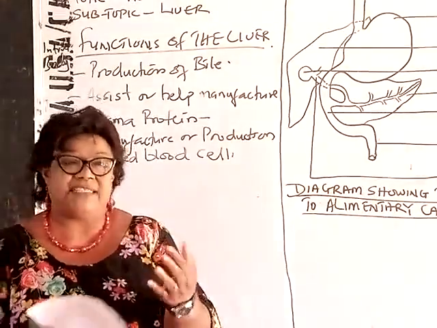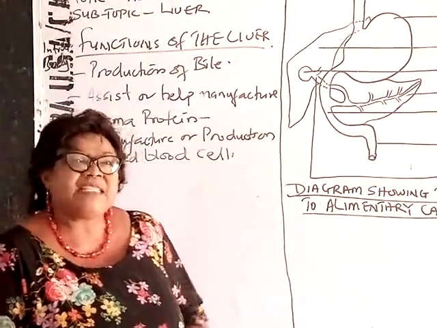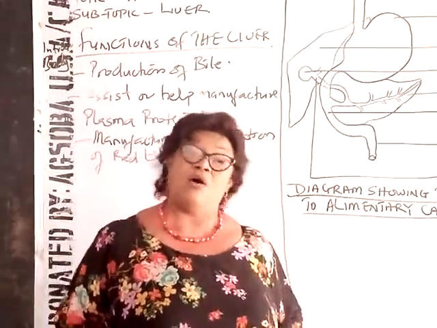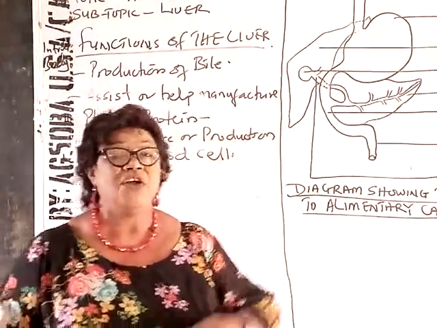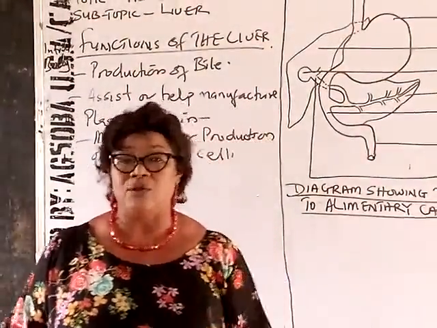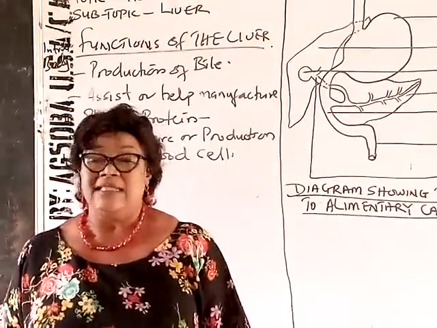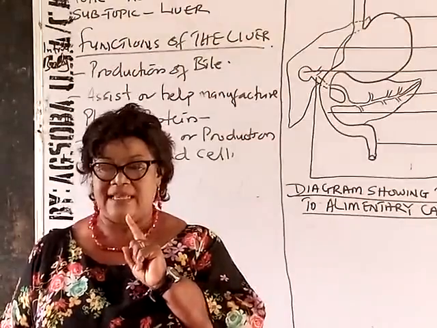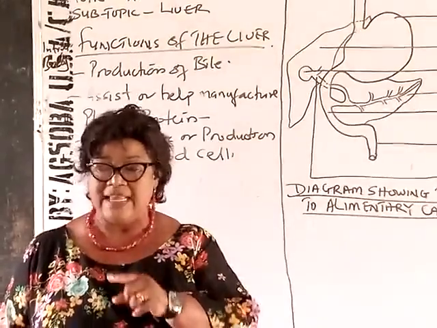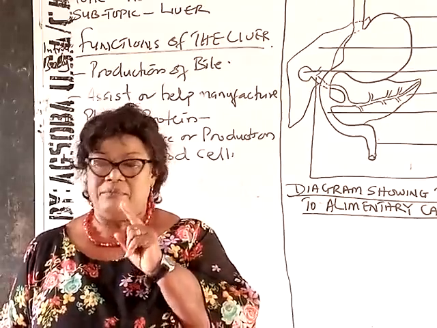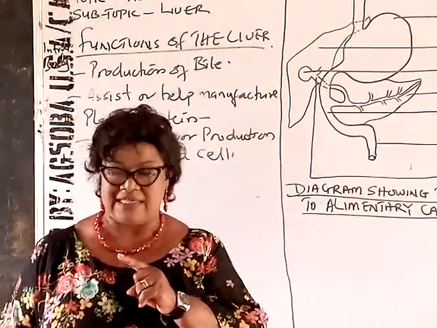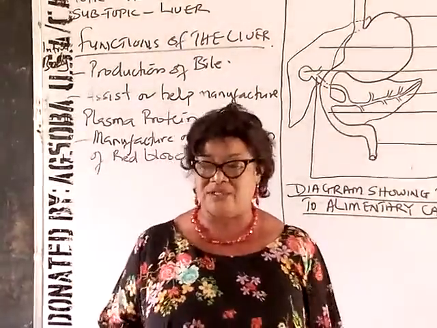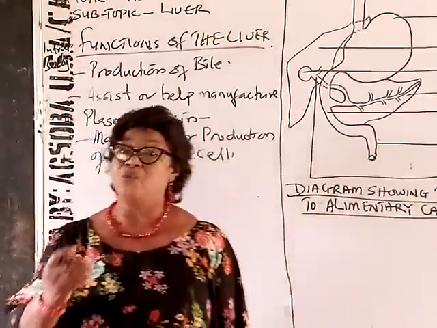A foetus, that is the baby found inside the womb of a pregnant woman. And not only that, they are also involved in the production of red blood cell in adults together with the bone marrow, the red bone marrow. So we said that the liver plays an important role in manufacturing red blood cell as well as bile. Another thing the liver does is to destroy the hemoglobin, which I have mentioned.